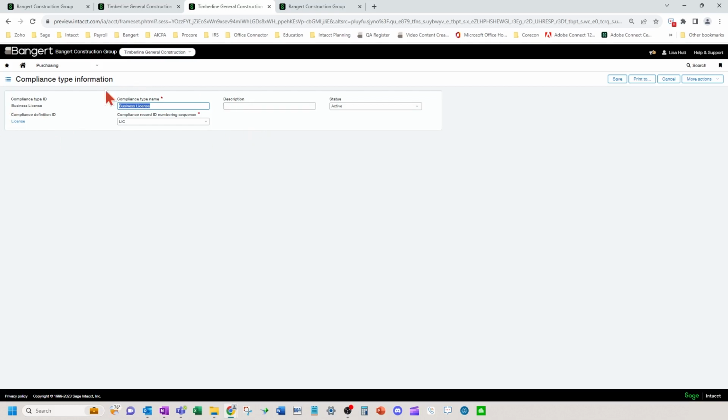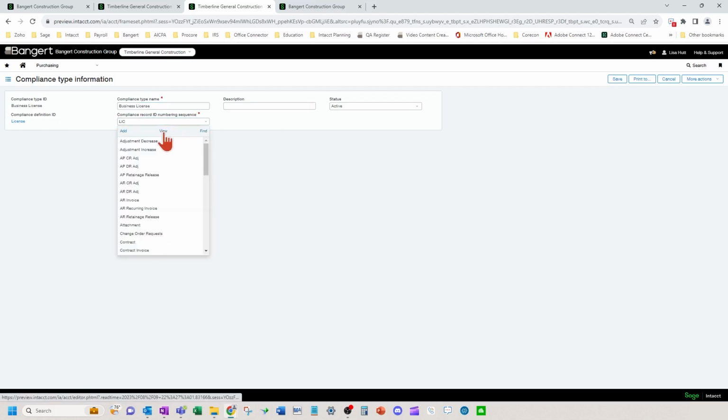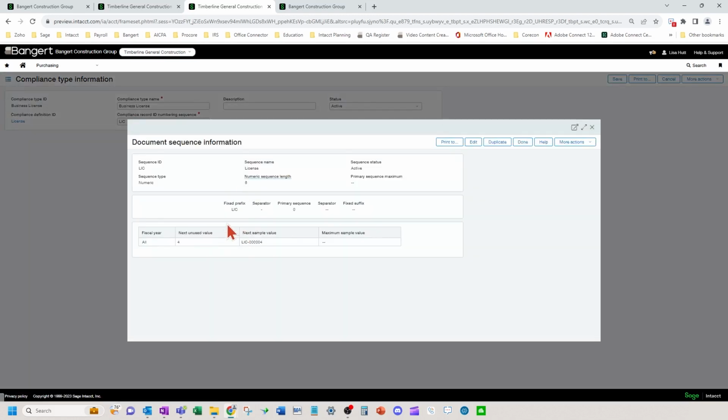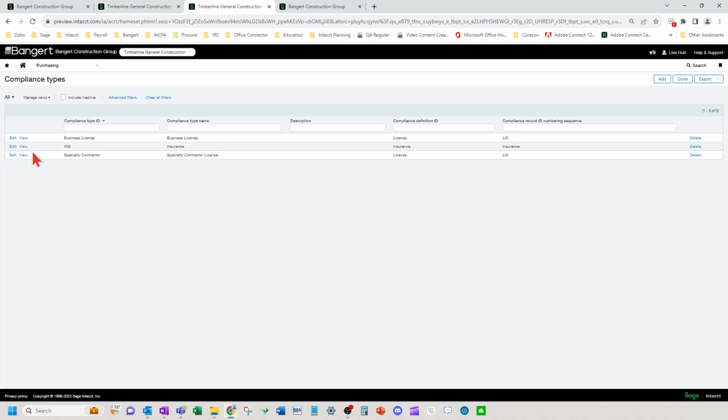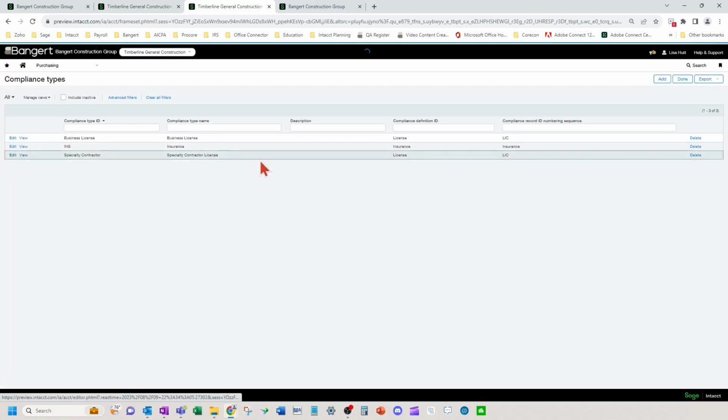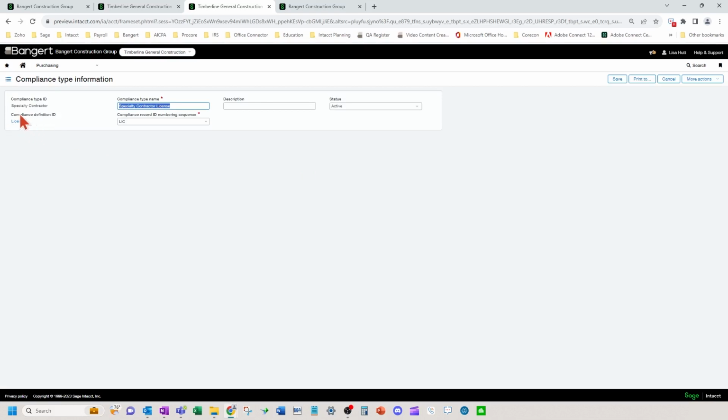Okay. In your compliance types, you're also going to tell it how to number it. So each time you log a business license, how is the numbering going to look? Well, I just use license as a prefix, LIC, a dash, and a number. So the system is numbering it for me based on this sample value that's shown down here. So if we go look at the specialty contractor license compliance type, I'm using the same definition.